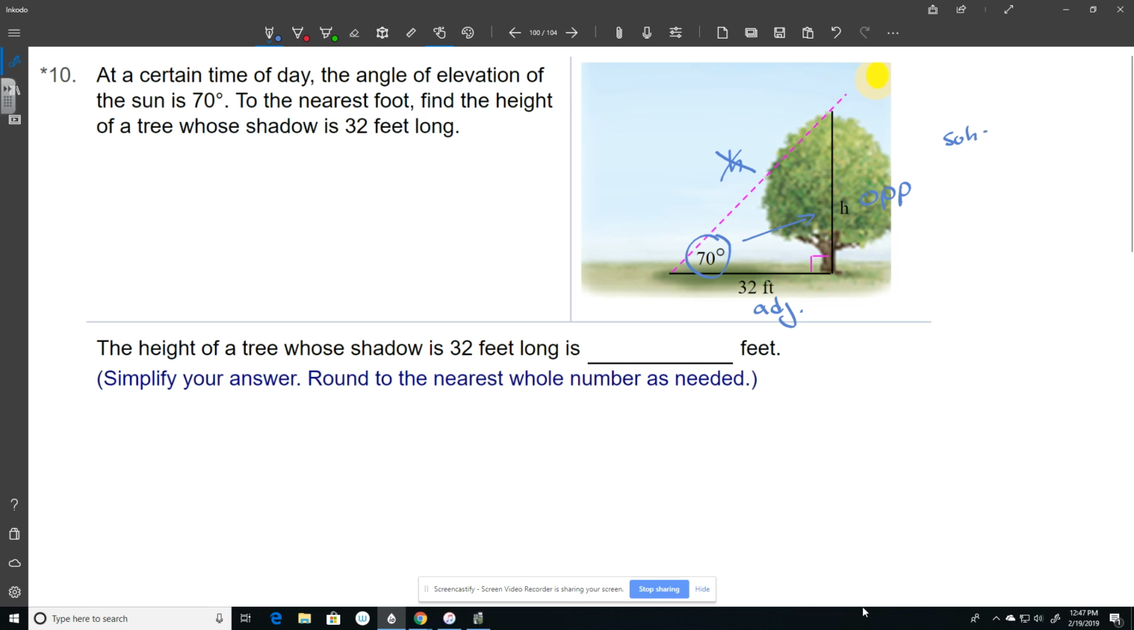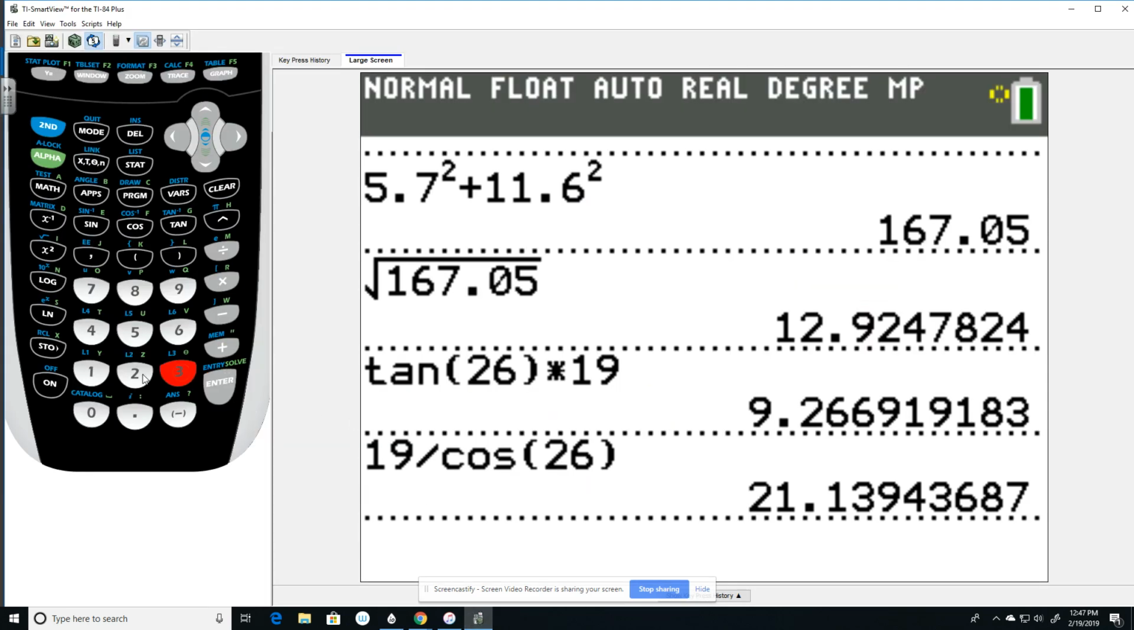So when I look at my SOHCAHTOA, I have opposite and adjacent, which go with tangent. So the tangent of 70 degrees, because that's the angle I'm using, is equal to the opposite h divided by the adjacent 32. And to get rid of the 32, we're going to multiply both sides by 32. So my height, now this h doesn't represent hypotenuse. Remember, this h is my height. My height is 32 times the tangent of 70. So we're going to do 32 times the tangent of 70. Close that parenthesis, and I get